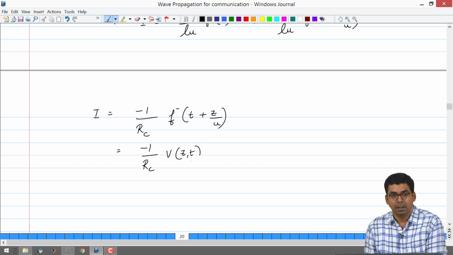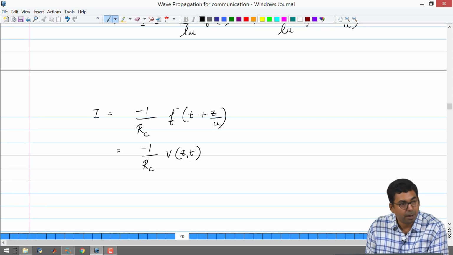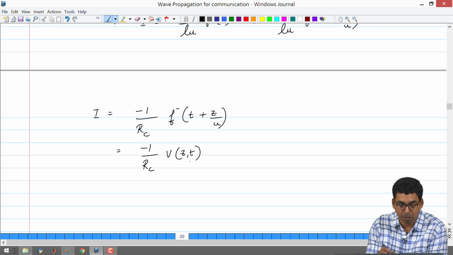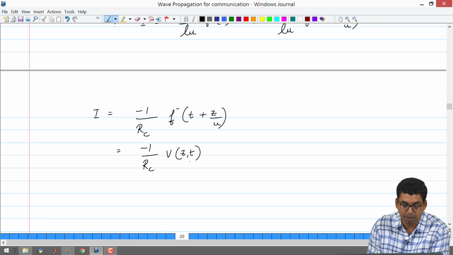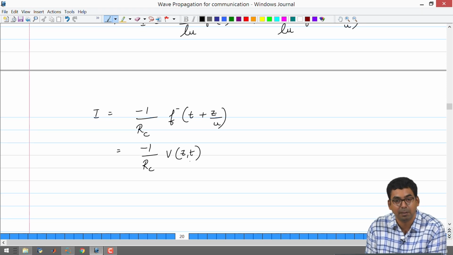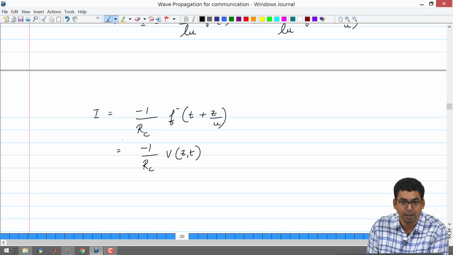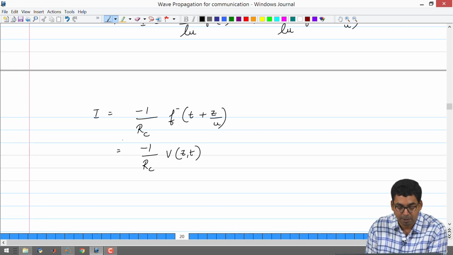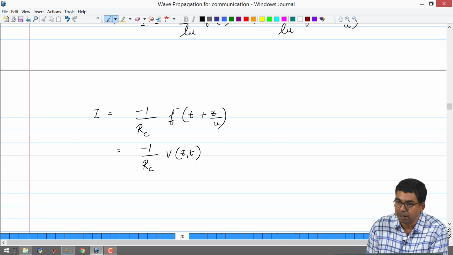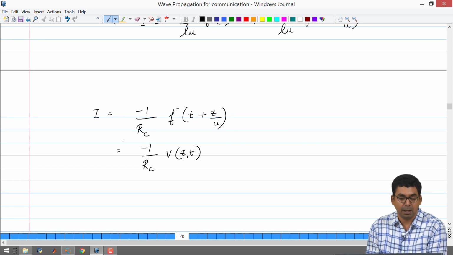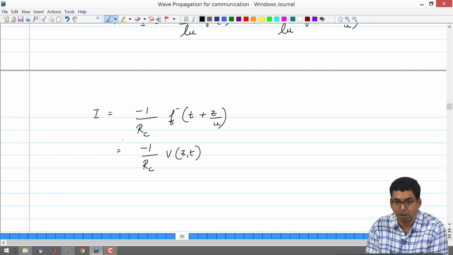Okay. This is a rewritten form of Ohm's law, but I wanted to put this clearly so that you know why the current is flipped when traveling on the left hand side. Okay. It is a consequence of the telegrapher's equation itself. Okay. So it is a very critical thing that you will have to bear in mind. Okay. And this has more consequences as we go along the course.